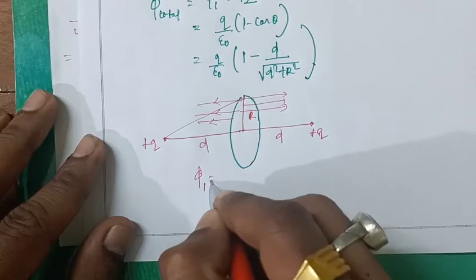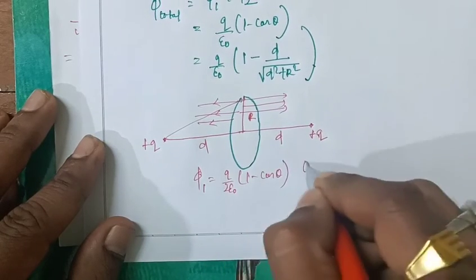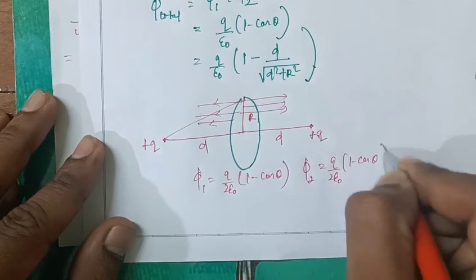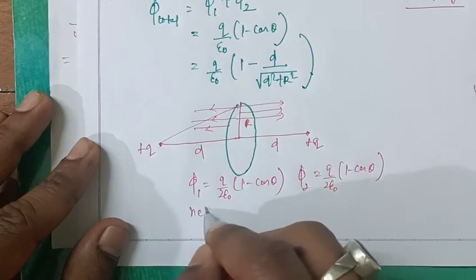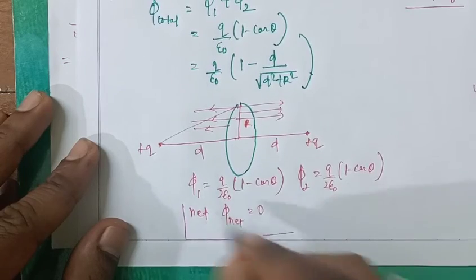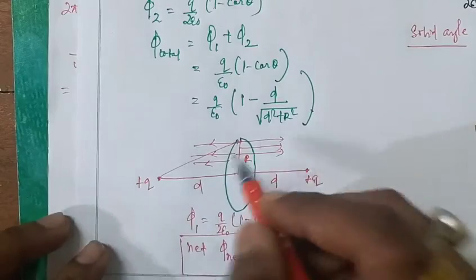phi 1 value is what? Q by 2 epsilon naught (1 minus cos theta). Phi 2 value also what? Q by 2 epsilon naught (1 minus cos theta). But the net flux is 0. Net is what? 0. The student has to think about why it is 0,